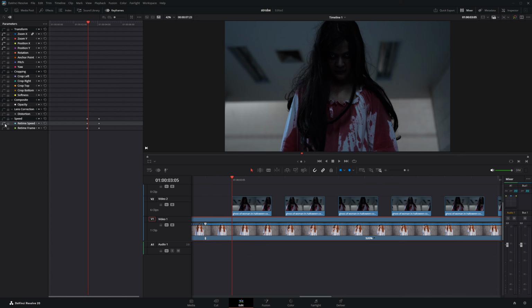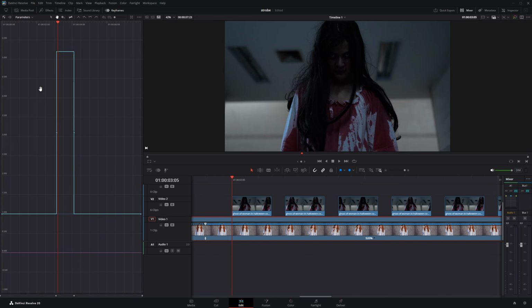Now, click on the curve next to Retime Speed to enable it. Then click on the Keyframe Curve icon on the top, open the Retime Curve panel. Now select the entire speed curve by dragging over it, then click on the Ease In and Out option, and